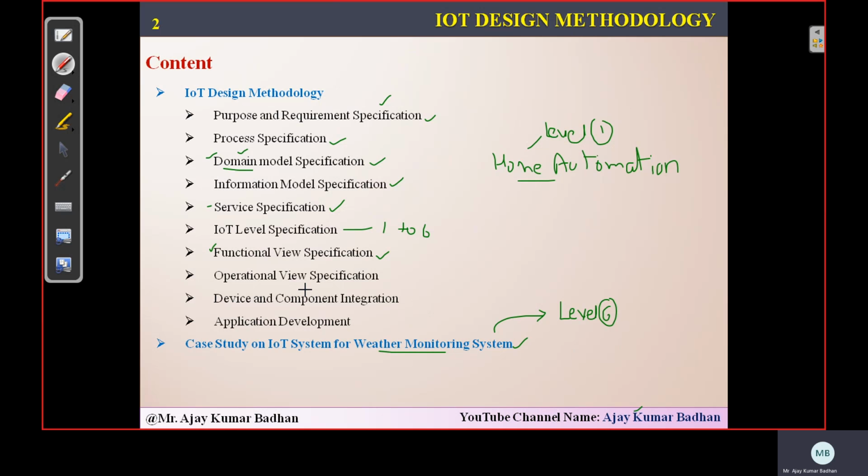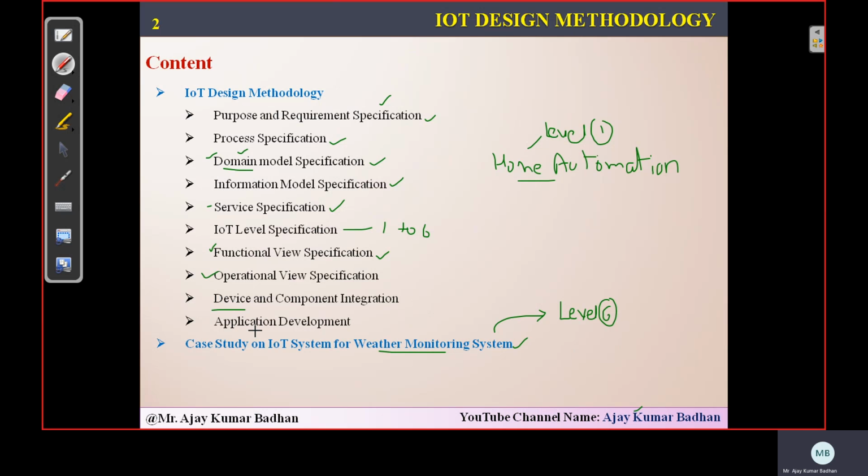Okay, and then finally, what we have is your operational view. So how these sensors are going to operate, how they are going to get connected, how these devices are connected to our cloud, or to whatever controller service we have, how these are connected to that controller service, and from the controller service, how it is connected to the cloud. That information we are going to see in this step, operational.